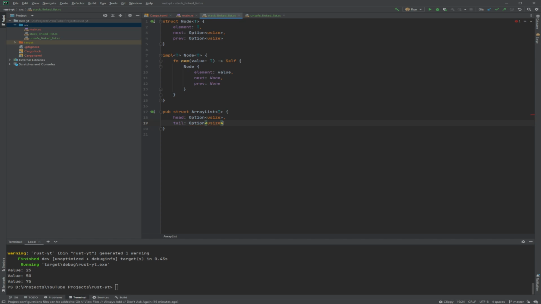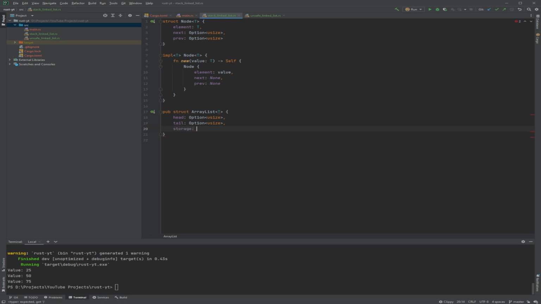So everything is index space in this data structure. So obviously you can tell that there's not going to be a lot of pointers. Actually, it's not going to be any pointers in this implementation.